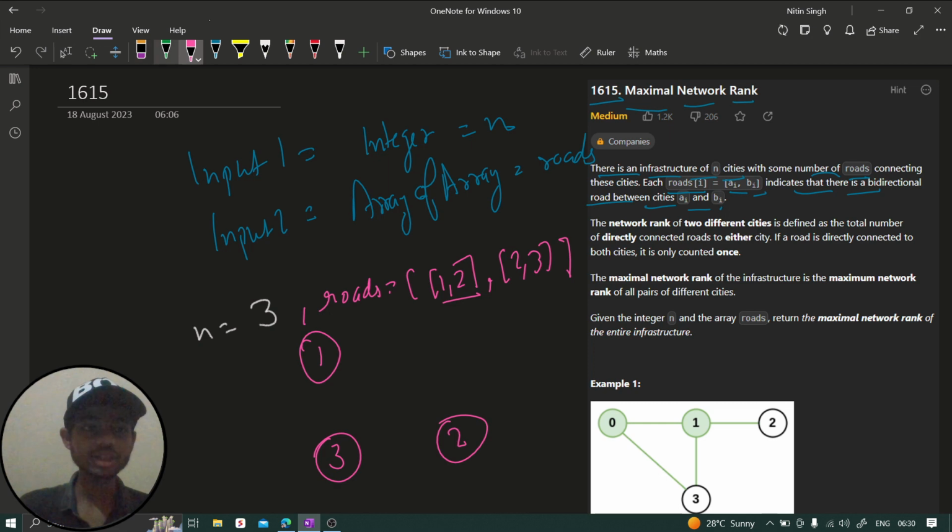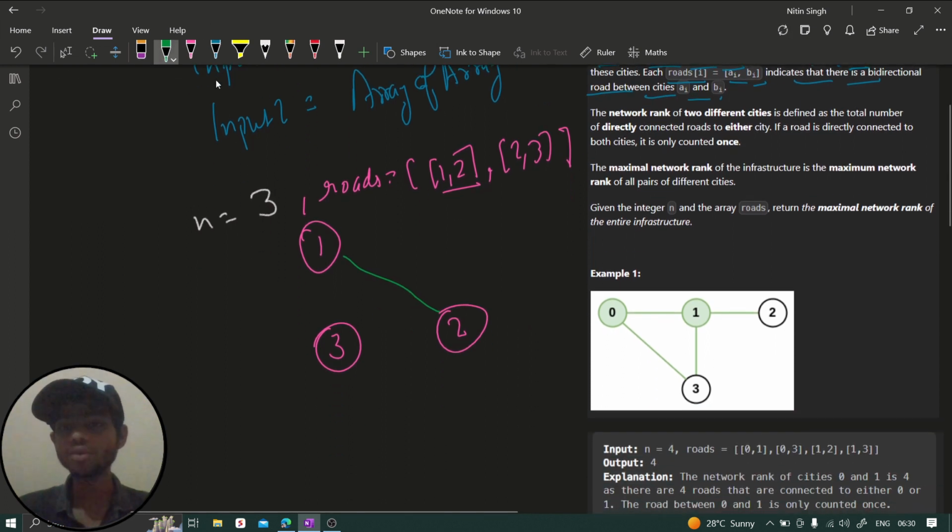So 1 to 2 means there is a road, let me make a road, there is a road between cities 1 and 2, and this is bi-directional, right? This is a road between 1 to 2 and 2 to 1, which means you can go to 2 from 1, and you can go to 1 from 2, right? So there is a bi-directional road. Fine. Now the network rank of two different cities is defined as the total number of directly connected